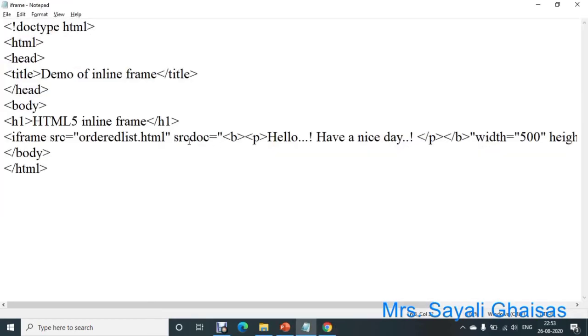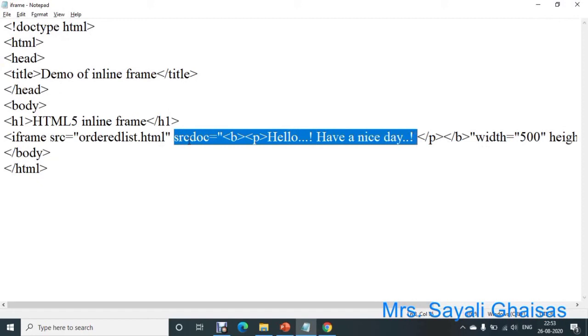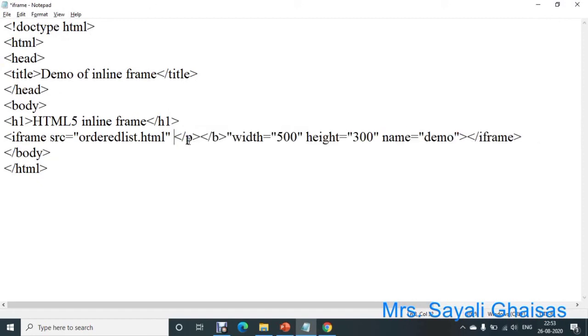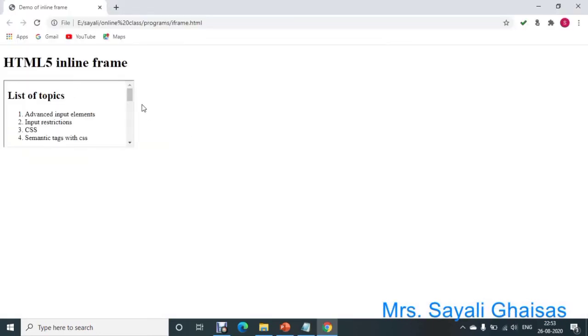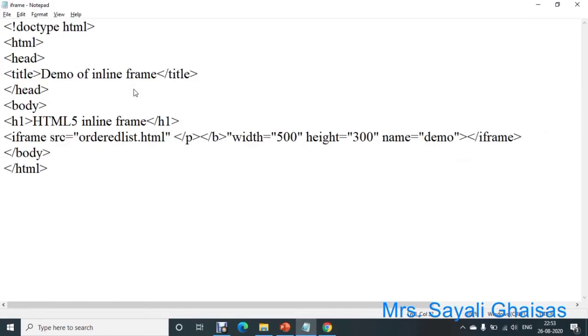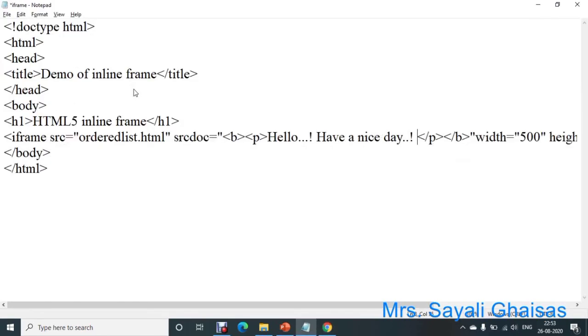And if you remove this srcdoc content, then the content from the ordered list file will get displayed here. In this way, you can use the iframe tag with its different attributes like src, height, width, name and srcdoc. So note down this program and try to execute it.